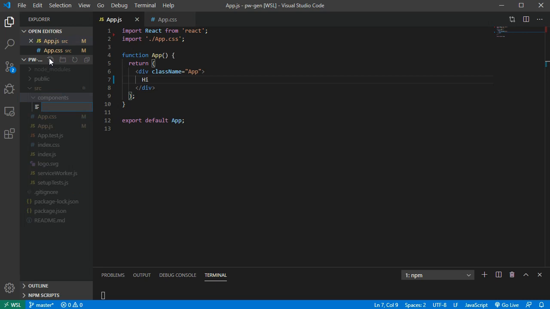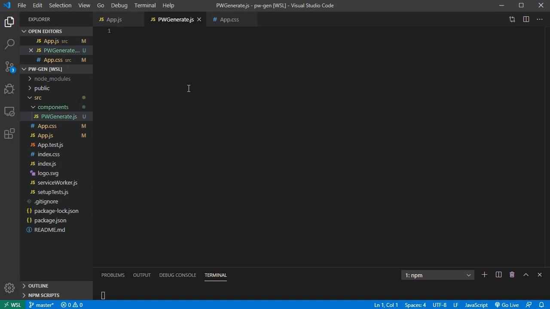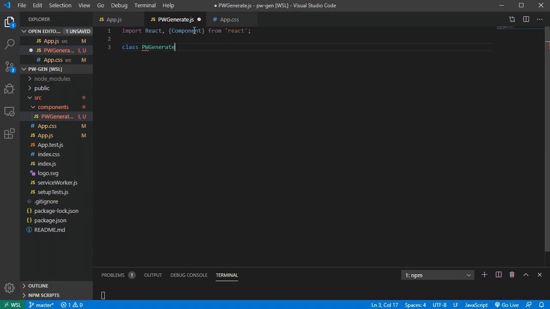and then here I'm gonna create a new file which is gonna be pw-generate.js, and this is gonna be a class, and we import React, and we also import component from React. So let's do from React, and as I said, this is gonna be a class, and let's name it pwGenerate. This is gonna extends component,